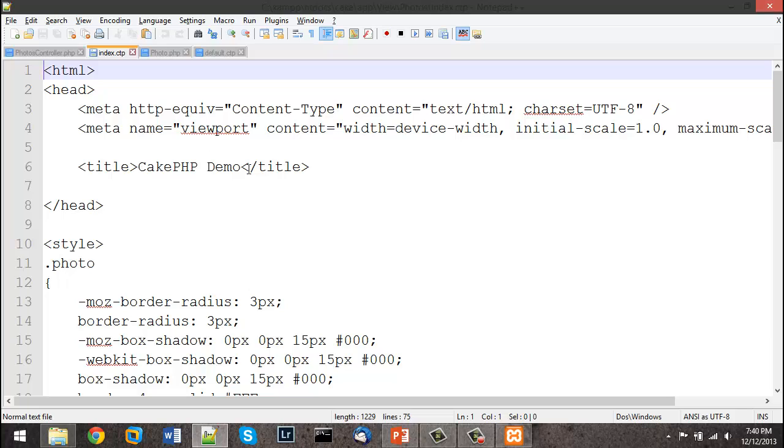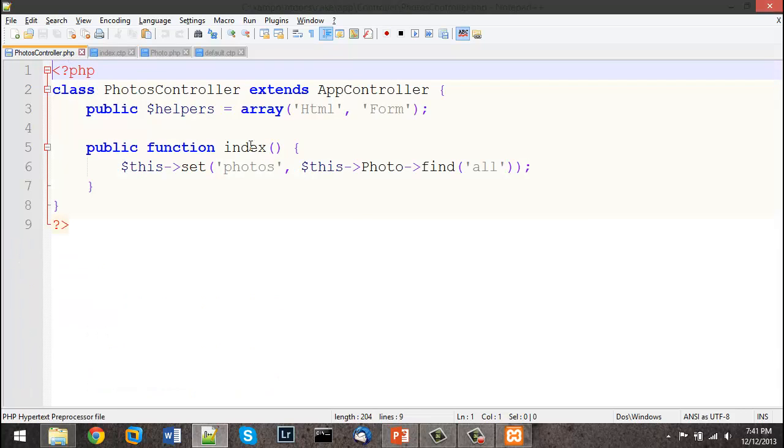I'm going to look at the view first here, but notice I called this view index.ctp, and this is actually located under app, view, photos, index.ctp. Views are going to map onto the various functions inside of your controller. So this index.ctp here maps onto this index function here. So this is kind of my default functionality for the app. So whenever this controller gets called, and I don't specify anything for the particular photos